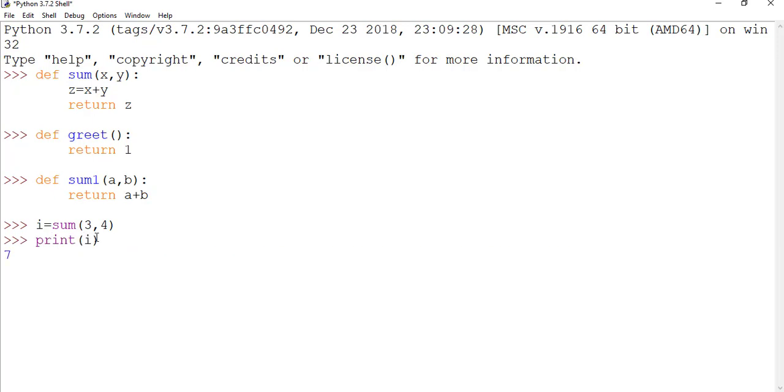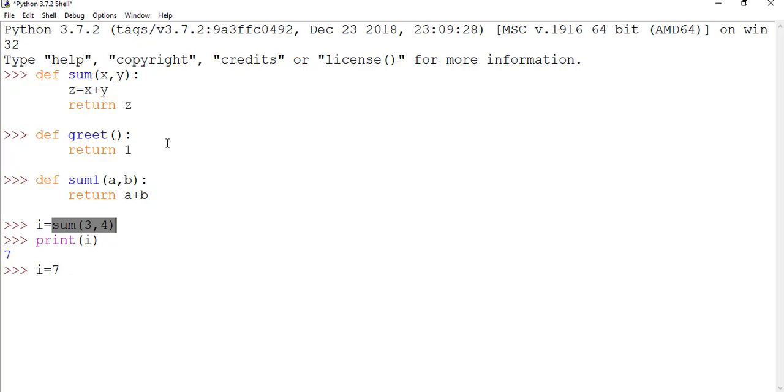So how can you understand this? Internally, while I am writing i = sum(3, 4), Python is computing this function call statement, and this function call statement is converted to 7.